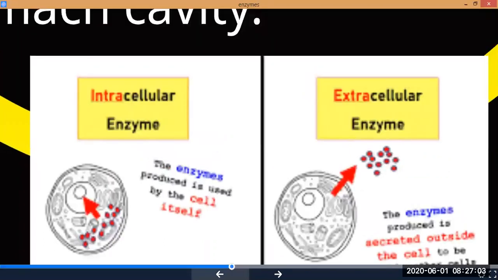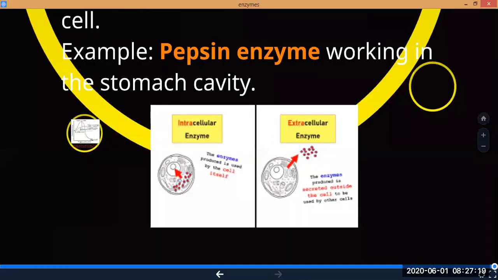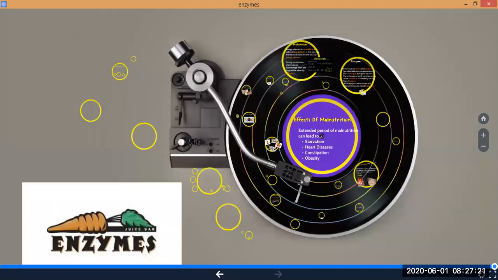Because the next topic is either I'm going to start the lock and key method or induced fit method, or I'm going to teach you characteristics of enzyme. So for today, I feel it's better to stop here and recall what I have taught. Okay, what enzymes are,